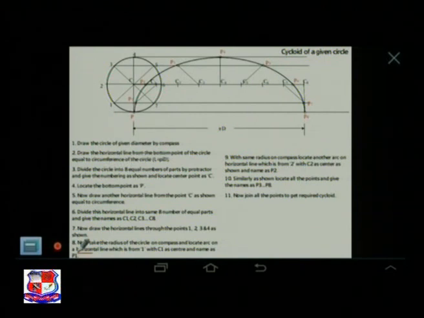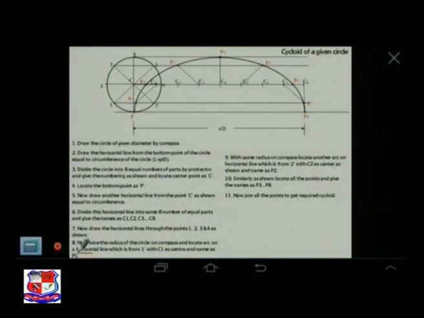So here listen carefully. What is the definition of the cycloid? While rolling a circular disc on a line, if you take any point and trace the path of that point, that path is known as a cycloid. Here we are taking the bottom point of the circle. For one complete revolution of the circular disc, it will come to the bottom position again. That means we have traced the path of the bottom point while the circular disc is rolling until it completes one revolution. That is known as a cycloidal curve for a given circle.